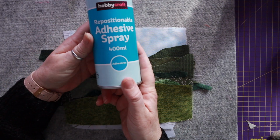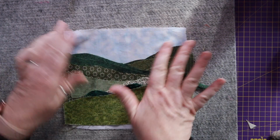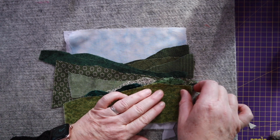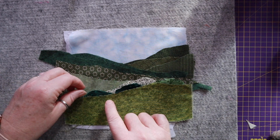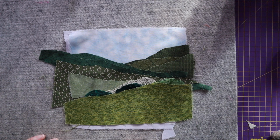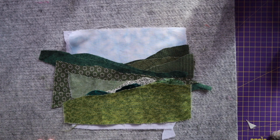I'm going to use some repositional adhesive spray. In the end I will just put a spray on everything and then position it how I want it. Something like that. It may not be exactly like that, because every time I look at it I change my mind, but yeah,